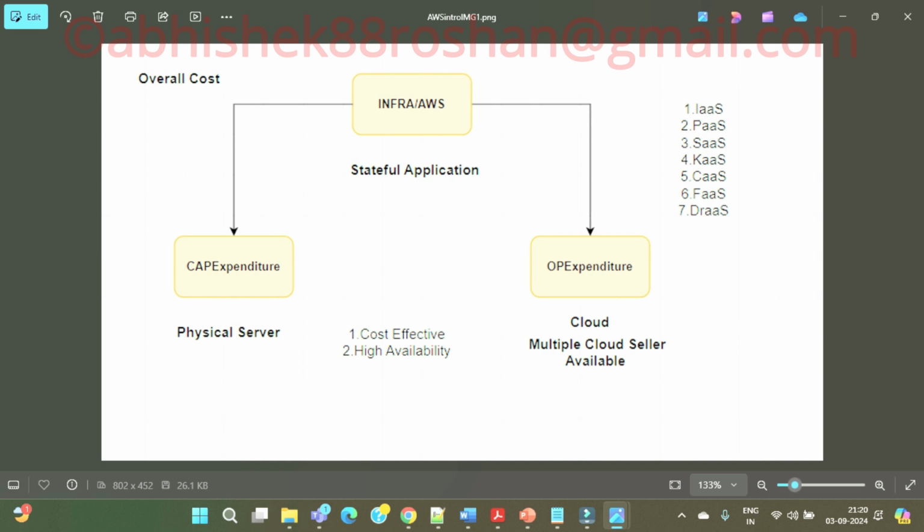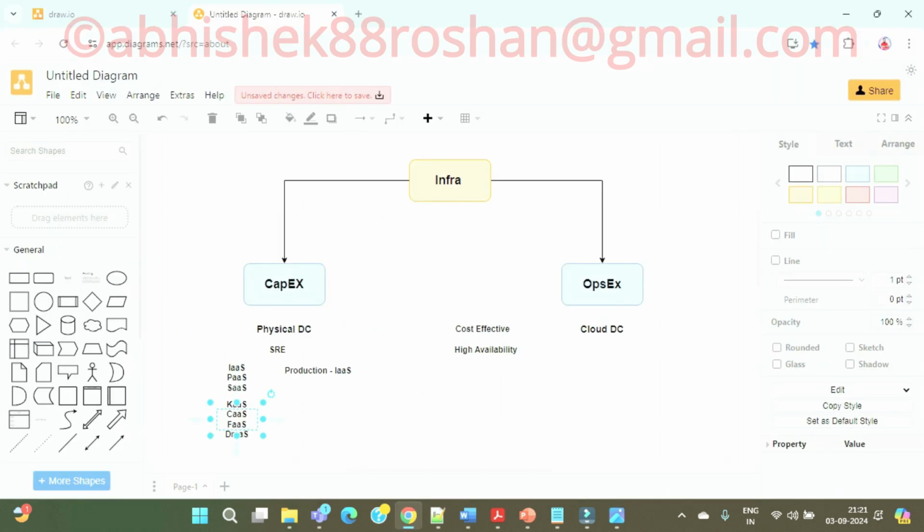Another 4 types of platform we didn't consider earlier, but now we are considering as part of the service model. So all these 7 platforms you are seeing over here are basically service models. Normally there is a service model and there is a deployment model, guys. The deployment model is nothing but your public cloud, private cloud, or hybrid cloud. In the service model, we follow the normal standard like IaaS, PaaS, and SaaS.